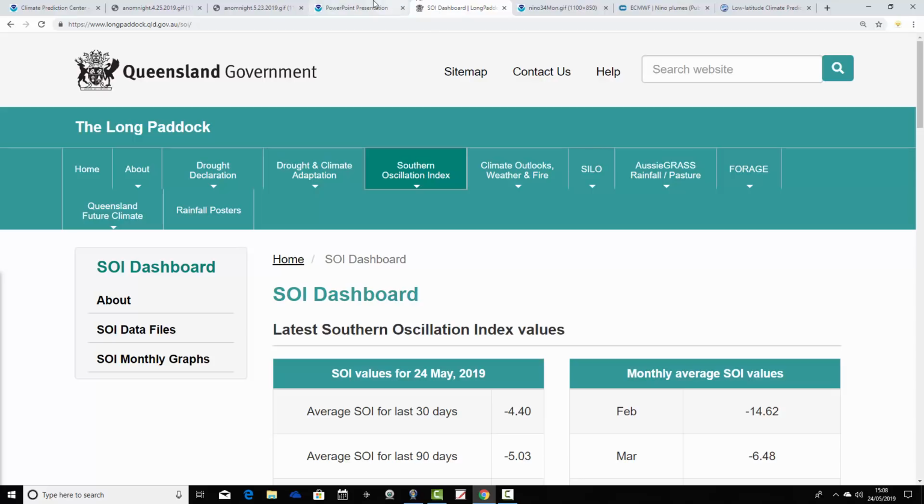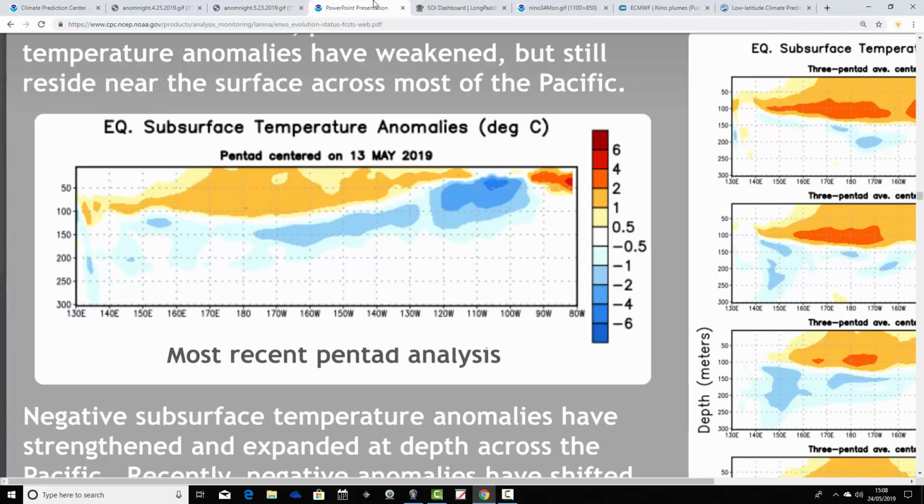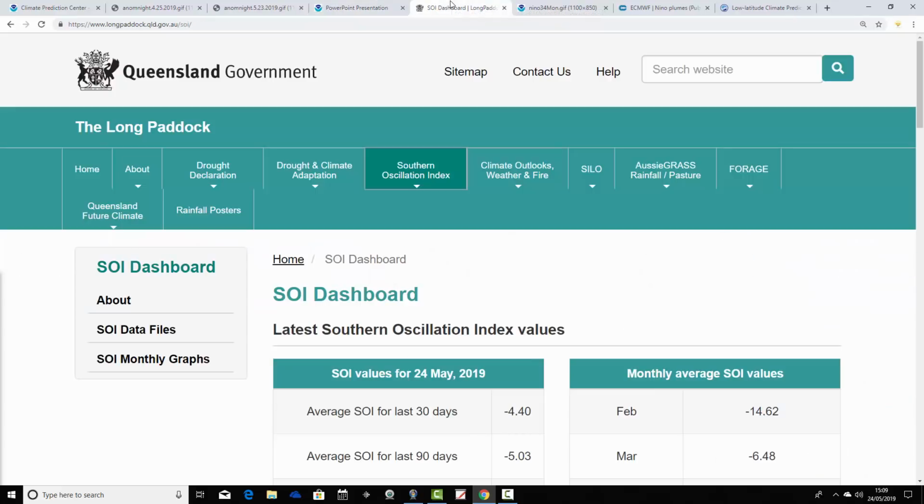One thing that does seem very unlikely, though: a couple of months ago, there was a bit of speculation about a super El Nino taking off. At the moment, there's no sign of that. If we're going to have that, then you would expect much warmer subsurface temperature anomalies than we've got there. So at the moment, I think the chance of a super Nino through the summer and into the autumn is probably off the table. I think it's either going to be ENSO neutral with a small chance that we could even go into a cold event.